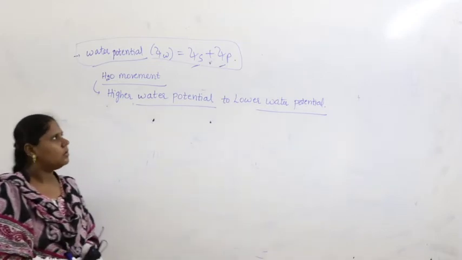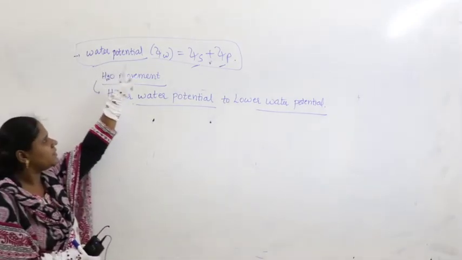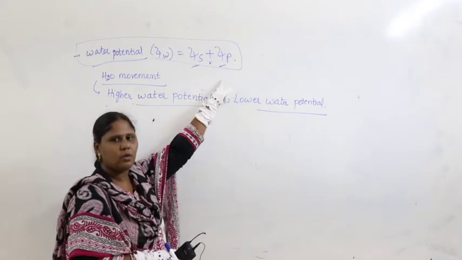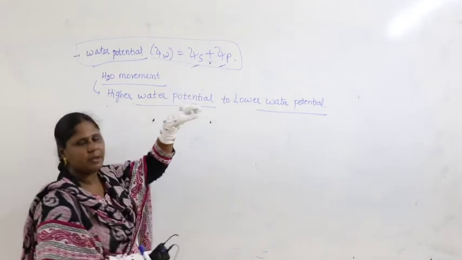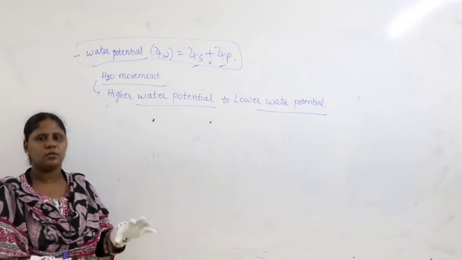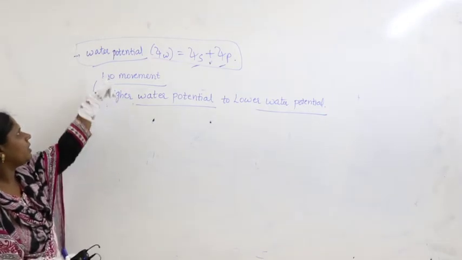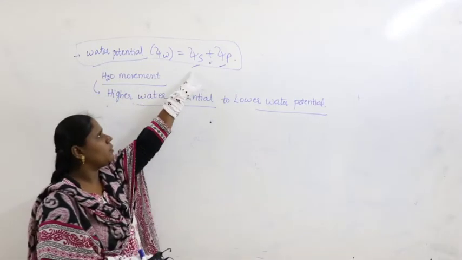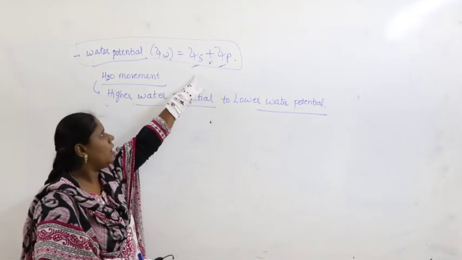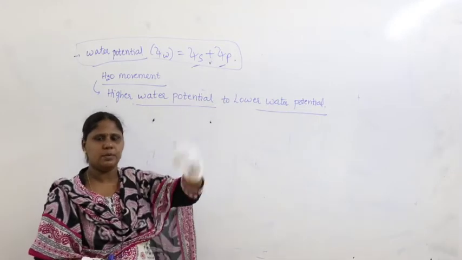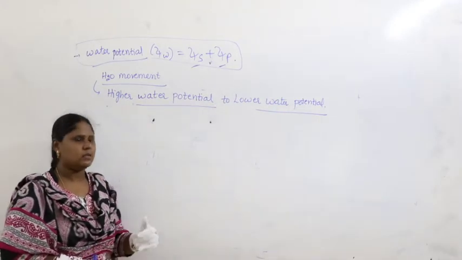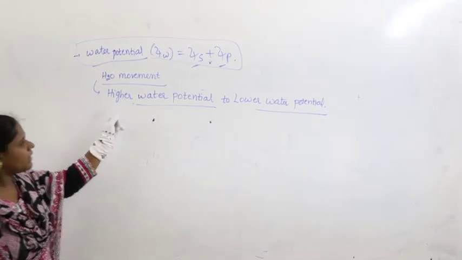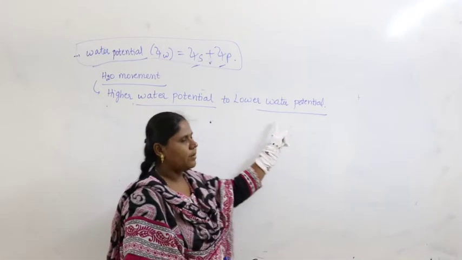Right? So, we have discussed water potential, solute potential, and pressure potential. Some pressure is applied for the water movement, and solute molecules can create some potentiality on the water. Ultimately we can calculate the potentiality of the water, which depends upon the solute molecules being added to the water, and also upon the pressure being applied onto the plant cell. That is why I wrote again that water movement occurs from higher water potential to lower water potential.